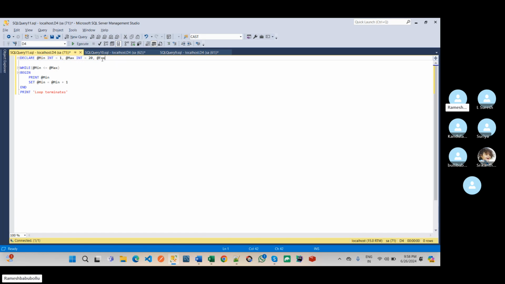Let us take @even varchar of 100, better to take 1000, equal to a string. You know about this logic, but please observe how to write it in SQL Server. If minimum modulus 2 equals 0,